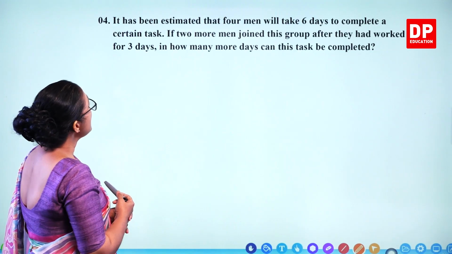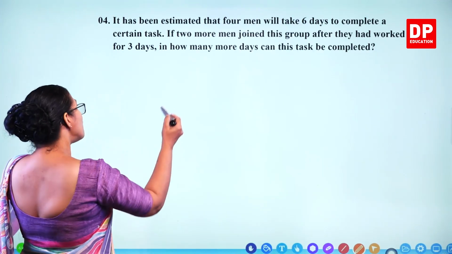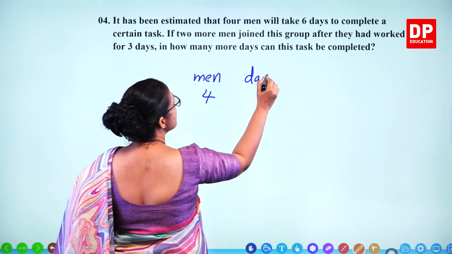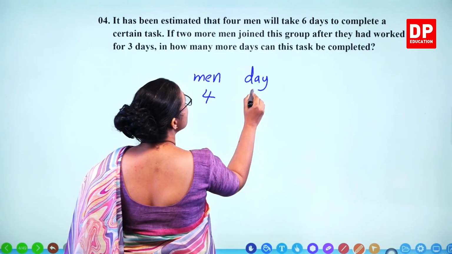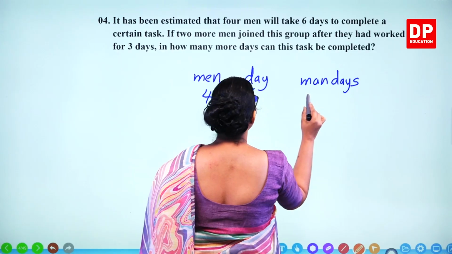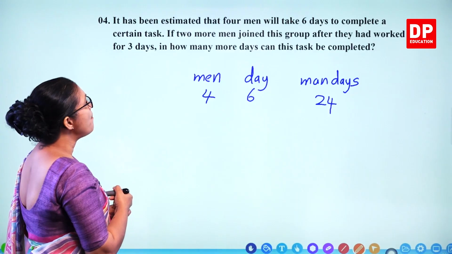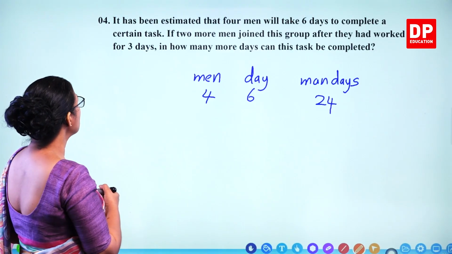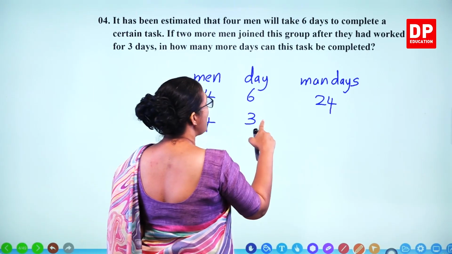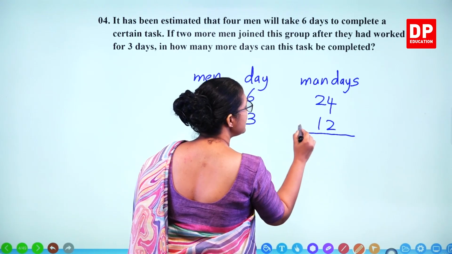Question number 4. It has been estimated that 4 men will take 6 days to complete a certain task. So, we can write down 4 men take 6 days. So, how many man days are required to complete the work? 4 times 6, 24 man days required. 2 more men joined this group after they had worked for 3 days. So, first they worked for 3 days. Then how many man days were completed? 4 times 3, 12. So, the remaining number of man days